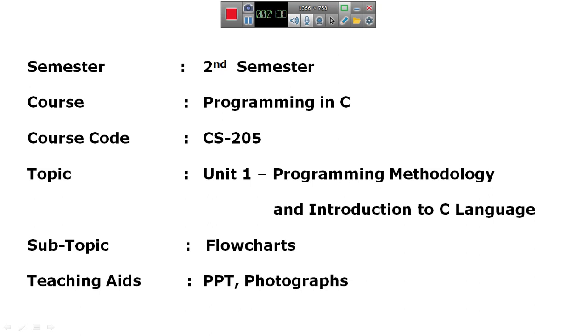These are the five steps or stages involved in problem solving.